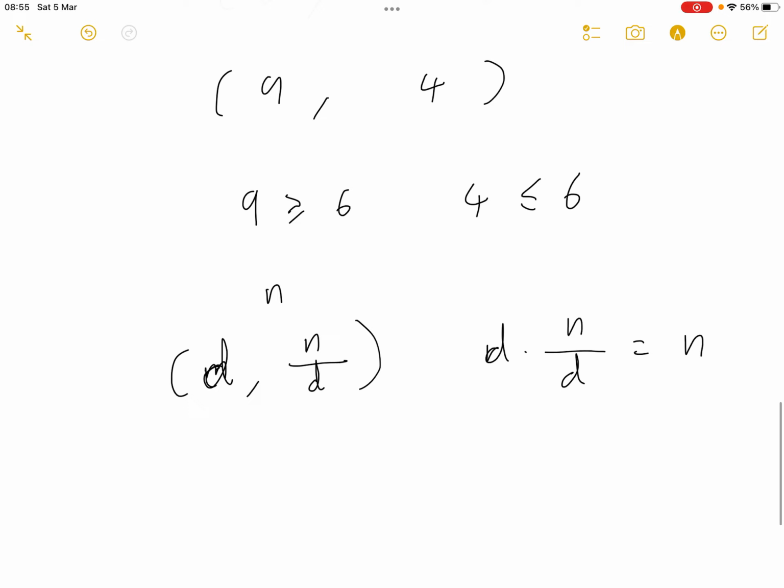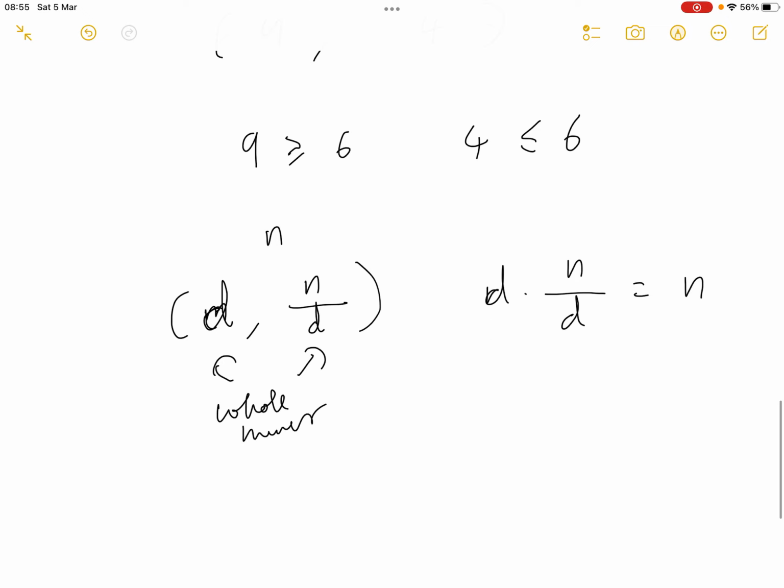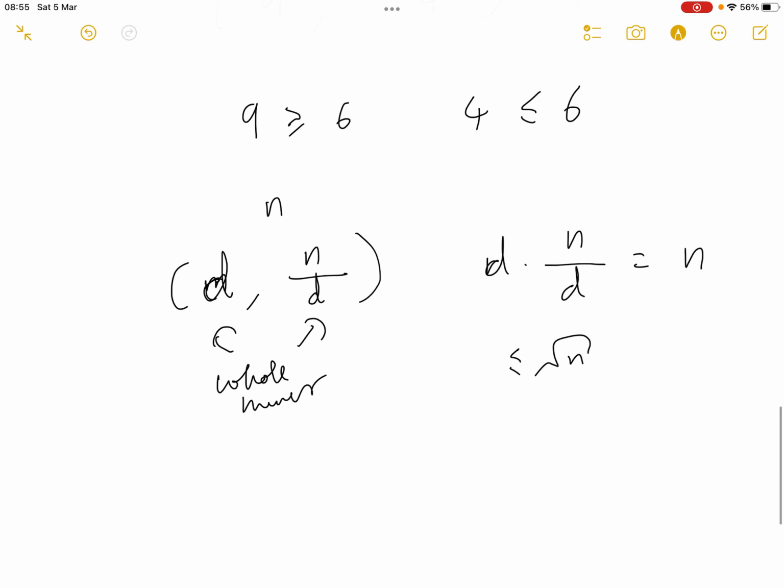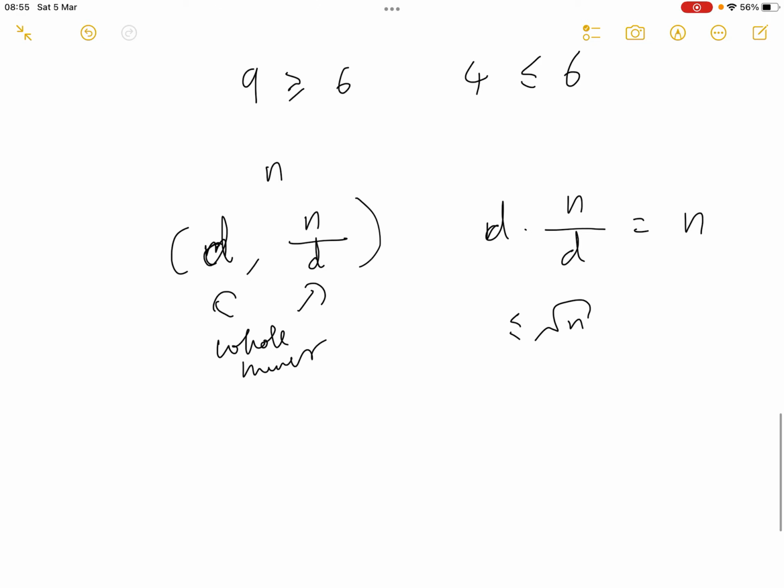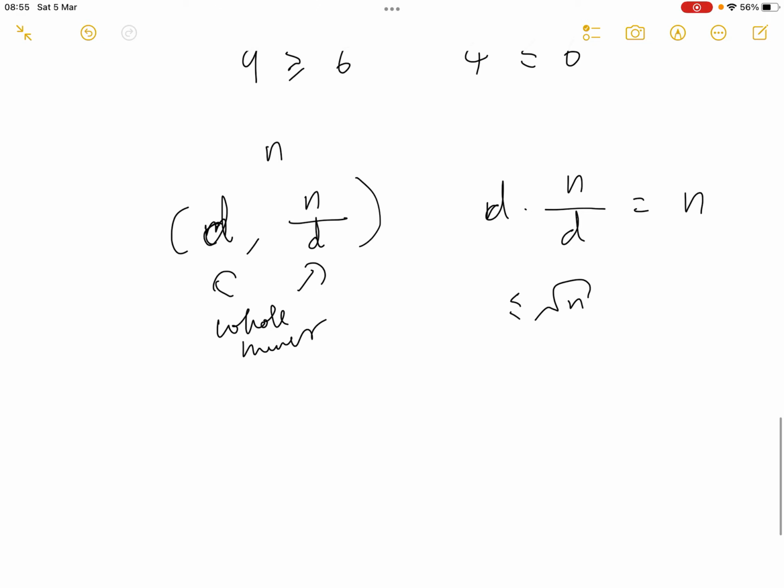And these two are whole numbers, integers. And one of them will be less than or equal to the square root of n. And why does one of them have to be less than or equal to the square root of n? Well, suppose that d is bigger than or equal to the square root of n,